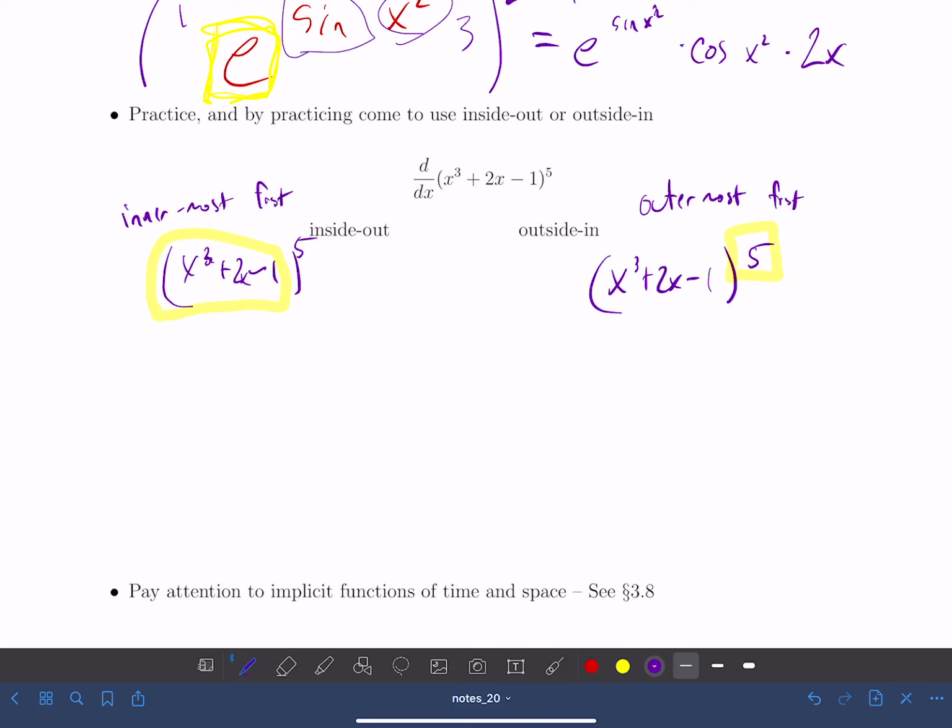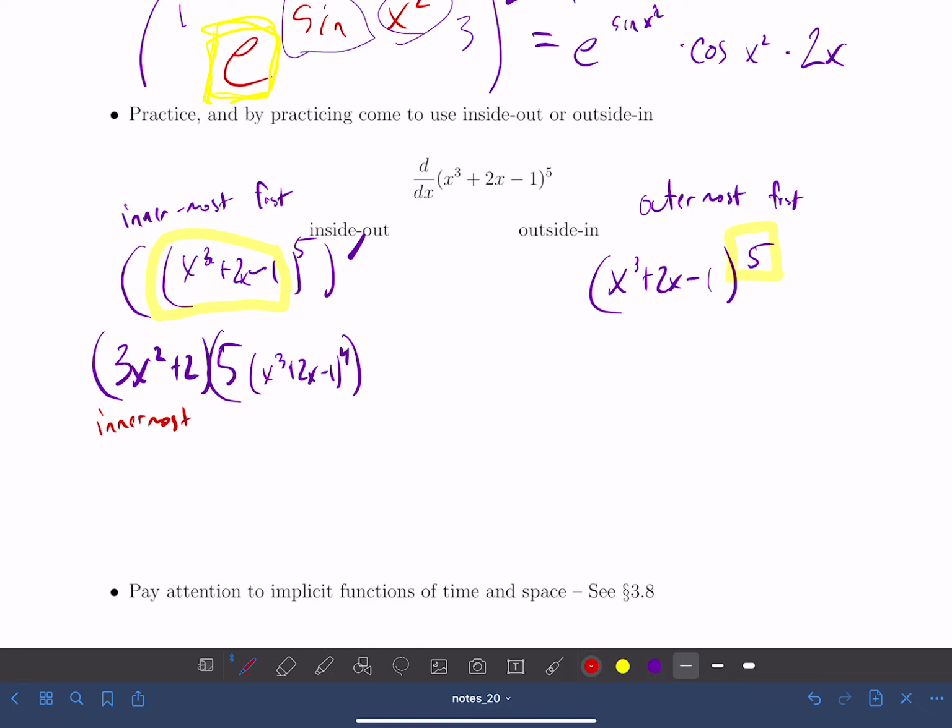So when I take the derivative of this expression, let me surround that with a pair of parentheses and then prime it. So I'll have 3x squared plus 2, and then I need to take the derivative of the outside thing, and that's going to be something to the 5th power, and so I have 5 times that something to the 4th power. Okay? And so I write them from innermost to outermost. And the order of these doesn't actually matter. Because A times B is equal to B times A